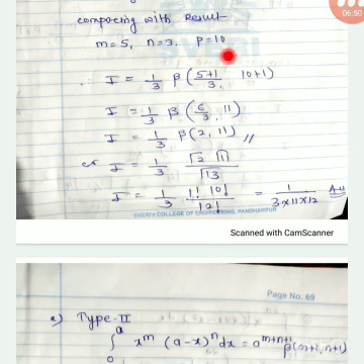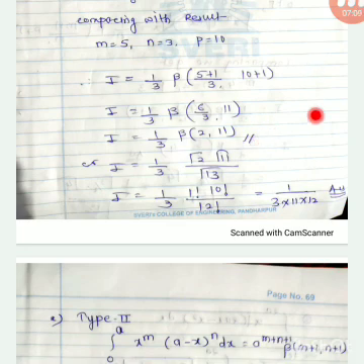We have found these. Next, put these values: 1 upon n, beta of 5 plus 1 by 3, 10 plus 1, that is 6 by 3 means 2, 11. We can simplify it by factorials and we'll get the answer. By multiplying these numbers, we'll get the answer. This much answer is also sufficient.